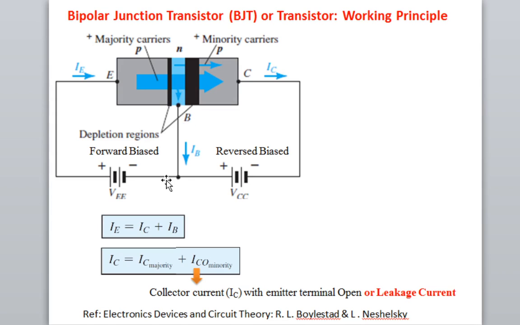So electron is moving in this direction, that is why base current is flowing in this direction, and holes, a positive charge, are moving in this direction, so that is why current is flowing in this direction. Now, because the thickness of the base region is very thin, whatever positive holes, majority charge carriers, have diffused from the emitter to the base region, without spending much time, will try to diffuse into the collector region.